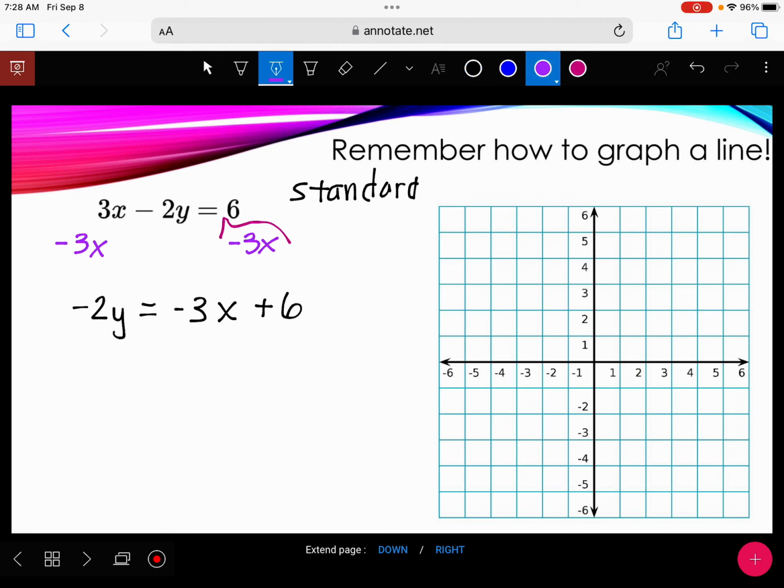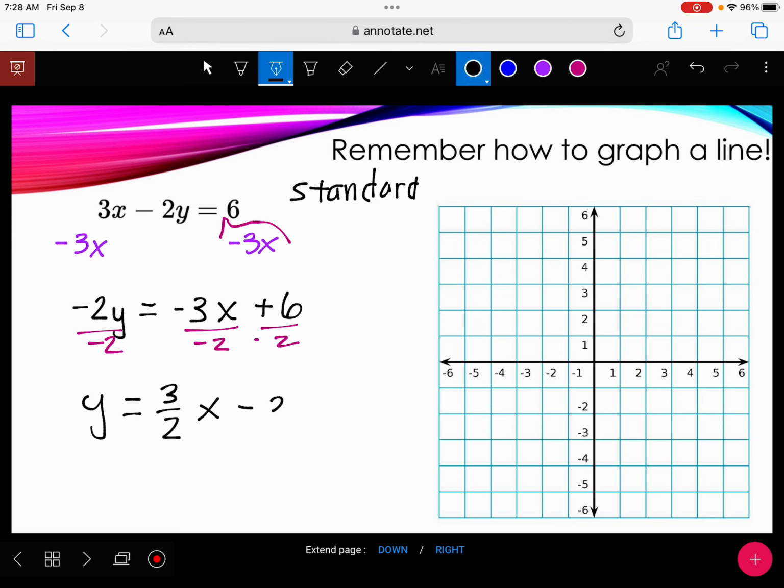What else we got to do? Divide by negative 2, to all the pieces. And our slope-intercept form is y equals 3/2 x, oh, negative 2,